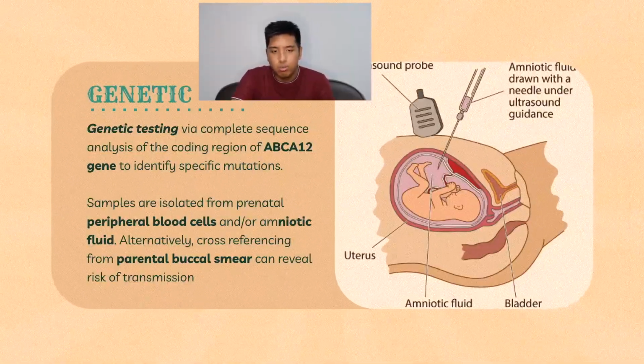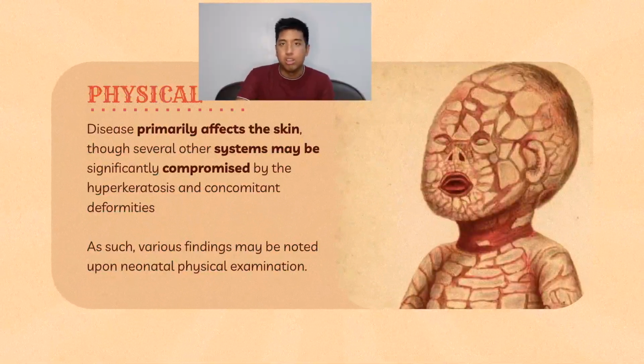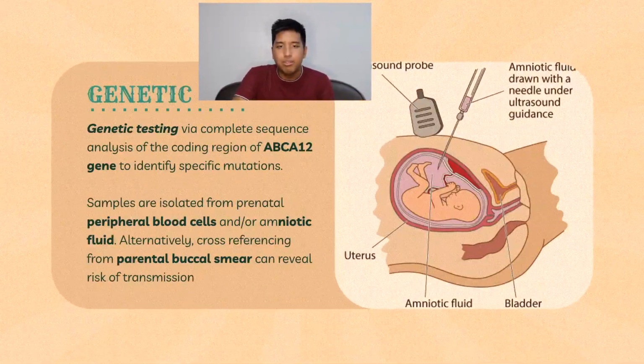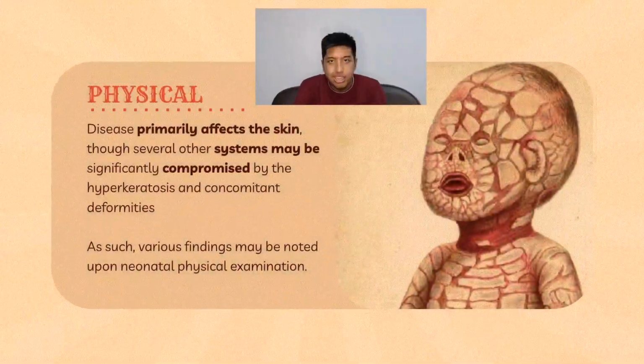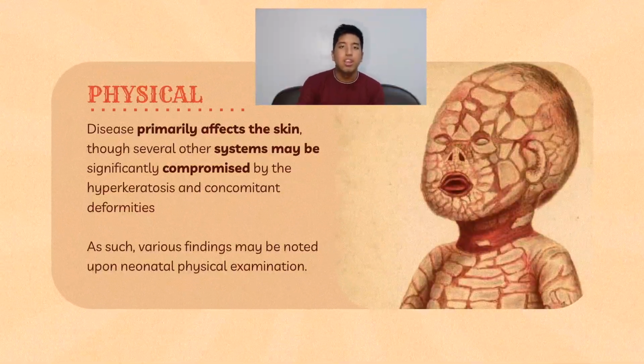Alternatively, if one does not wish to perform this procedure, cross-referencing from the parental buccal smear, that is called the cheek smear or mouth smear, can reveal the risk of transmission by tracking the ABCA12 gene across both parents. Lastly, if these preventive diagnoses are not done, then what we are left with is a physical examination of the affected